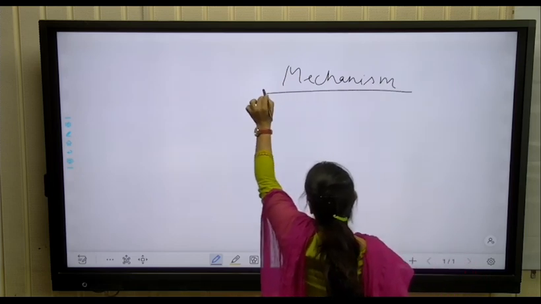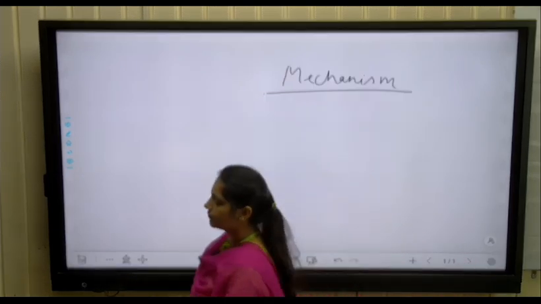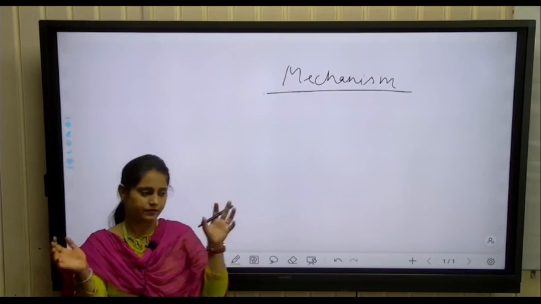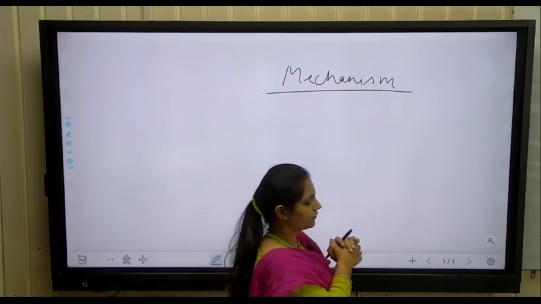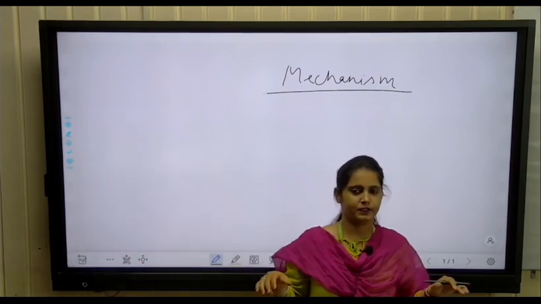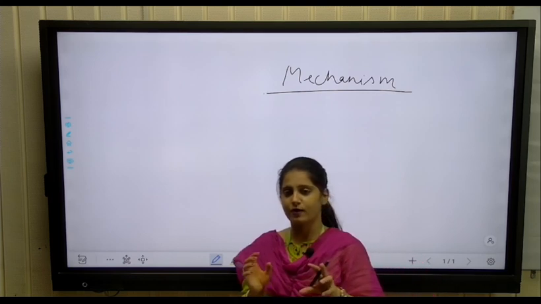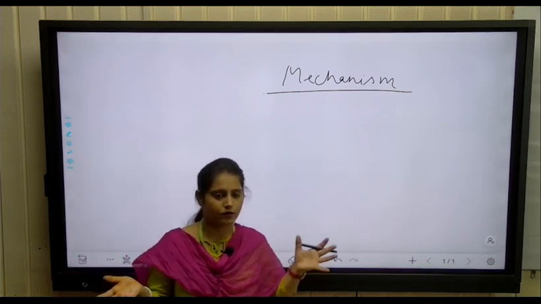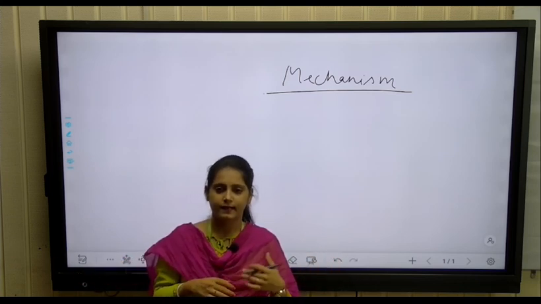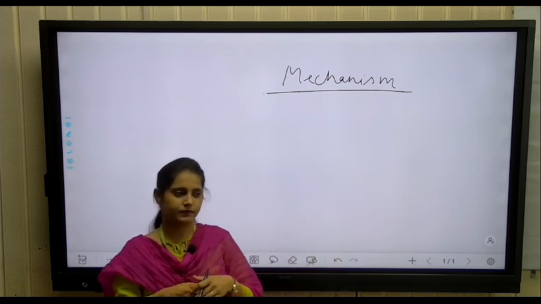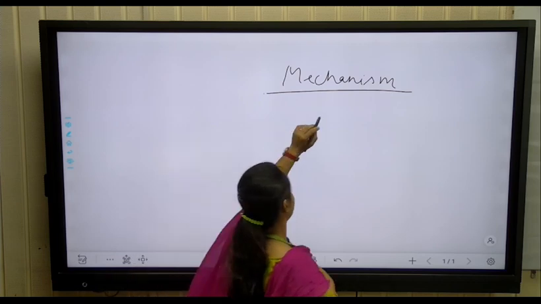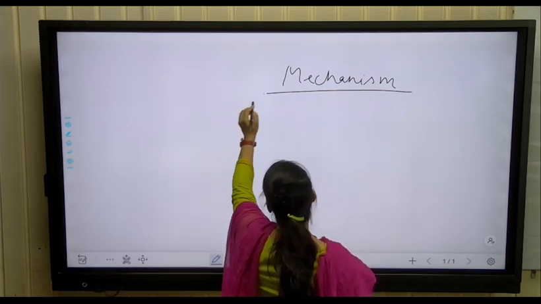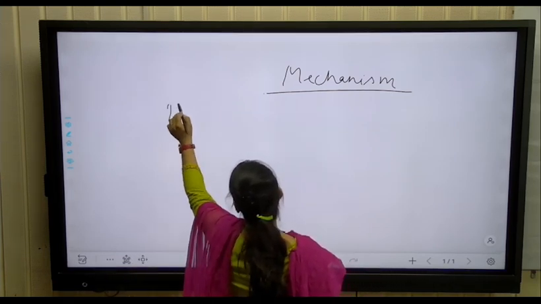Mechanism of photosynthesis. The mechanism involves reactions. As we first saw, there was a very simple equation, but this is not as simple as it looks. This equation involves a large process, a large mechanism that we will study now. This mechanism was divided into two reactions by